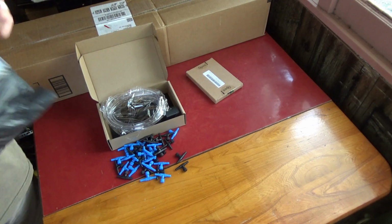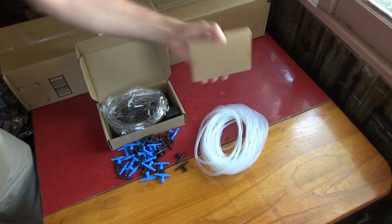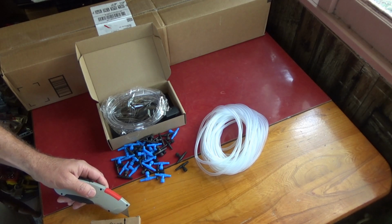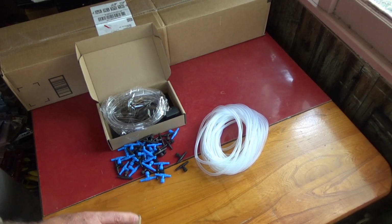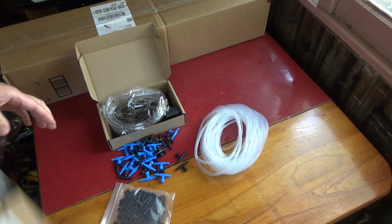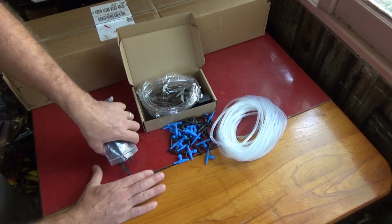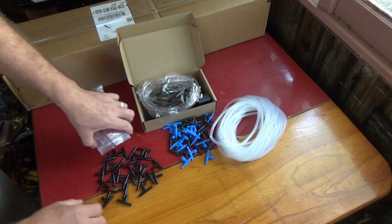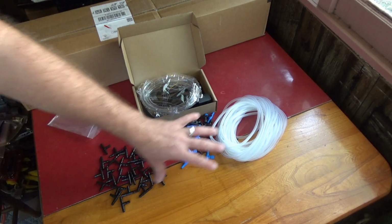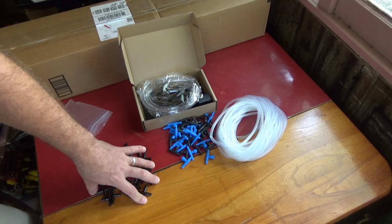Here is a mess of silicone tubing, and here is hopefully a mess of adapters. Now, I'm going to keep these separate. These are going to be T-adapters. All of this, everything you see here, was I think around $40 total, and there's enough fittings here for multiple